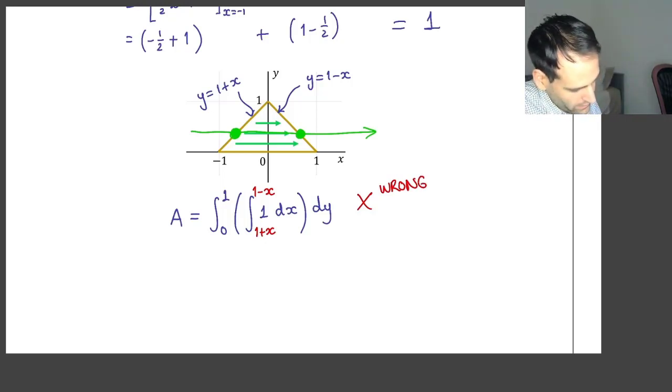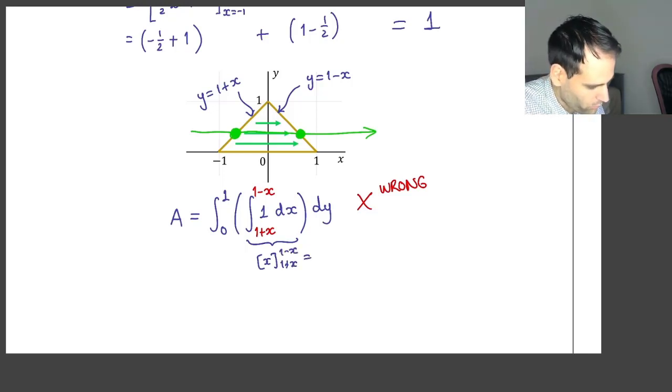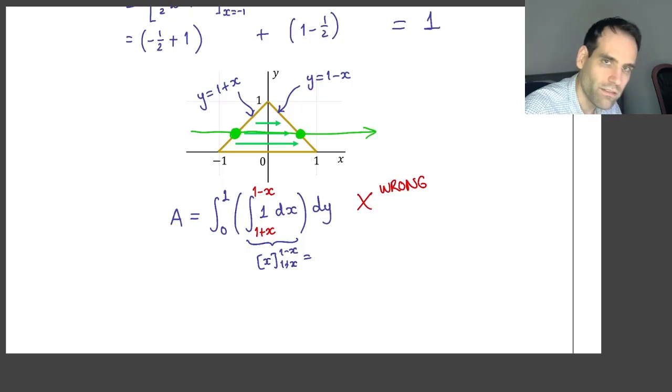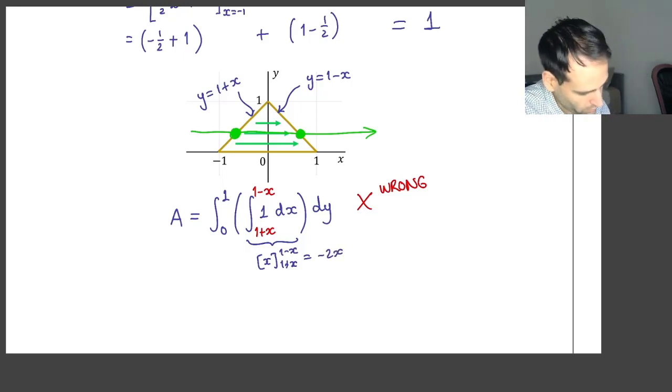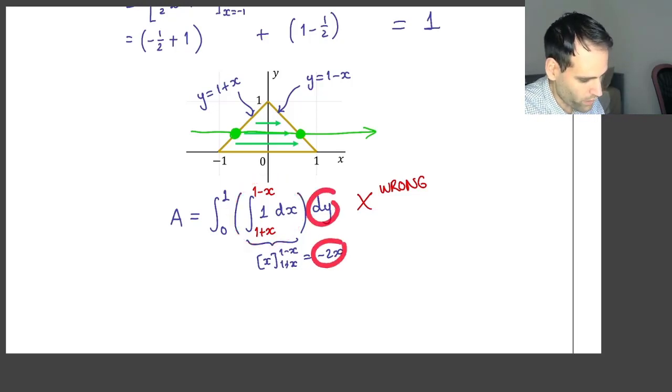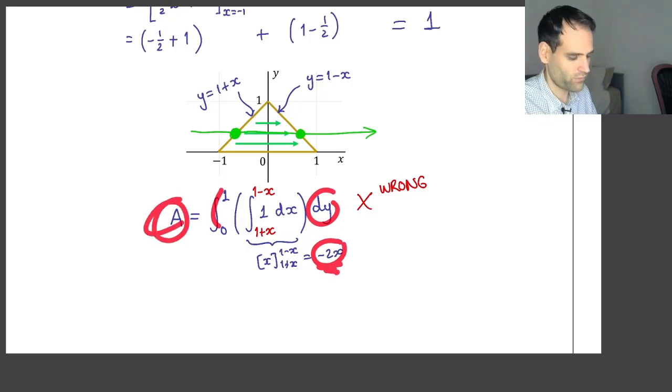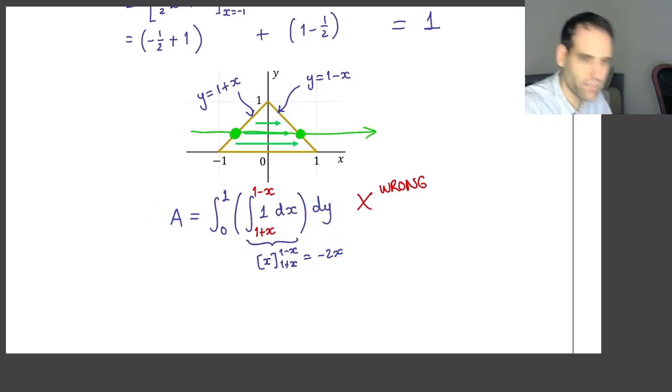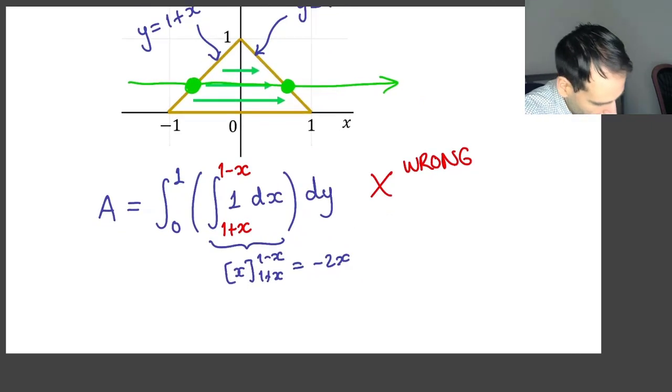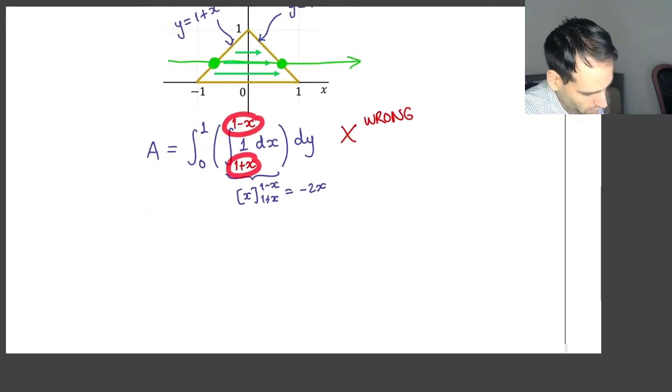Because if you try doing this integral, you are going to end up with x evaluated between 1 plus x and 1 minus x. So you are going to end up with a function of x, right? Actually, it's going to be minus 2x. So then you didn't get rid of the x. And now you cannot integrate minus 2x with respect to y. You would end up with an area that depends on x, which is completely wrong. It doesn't make any sense. And the reason for this is that in the limits for the inner integral,